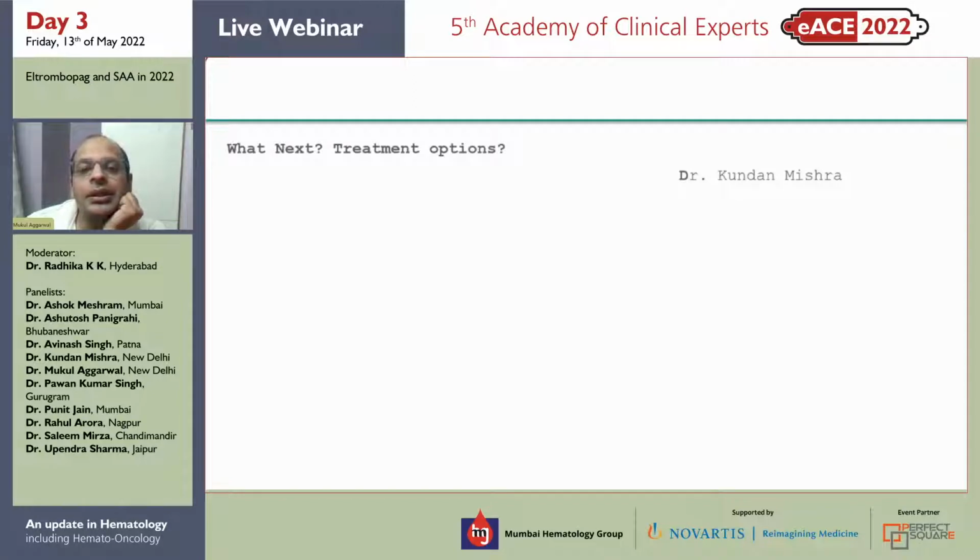Since this patient does not have an HLA-matched sibling donor, the obvious choice at his age will be to go for an ATG-based therapy. Given the current evidence, it will be a triple drug regime with ATG for 4 days at 40 milligram per kg per day with cyclosporin and eltrombopag.